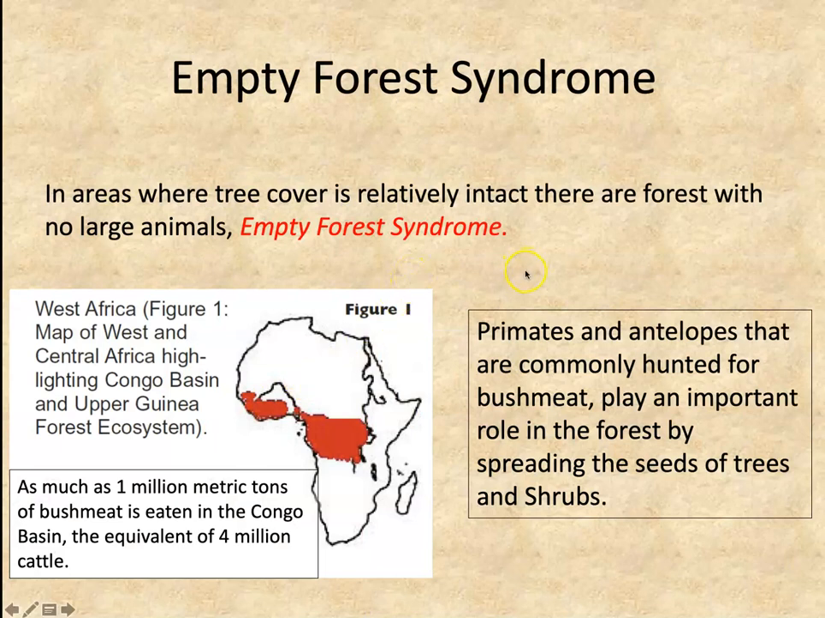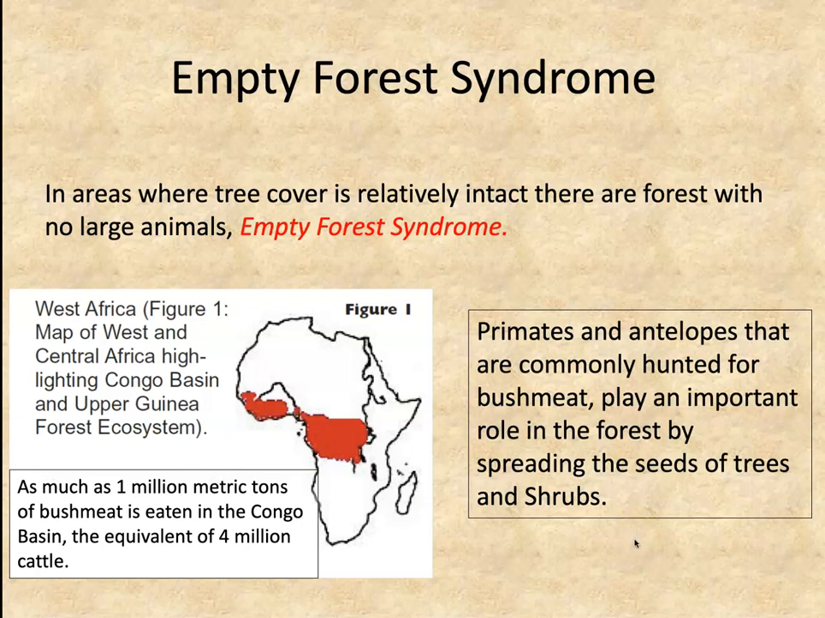And so that takes us to a definition of empty forest syndrome. In areas where tree cover is relatively intact, there are forests with no large animals. And this is called empty forest syndrome. And the problem with not having large animals is it affects the ecology of the forest. Primates and antelopes that are commonly hunted for bushmeat play an important role in the forest by spreading the seeds